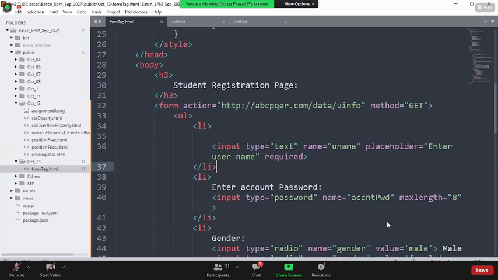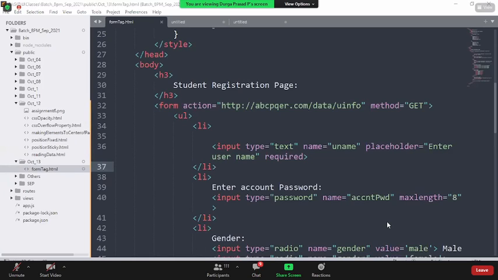Sir, the link which we use in the form tag has a server, right? So that server has to keep running for the form tag to execute properly. Not really. The form tag's responsibility is to read the data and send it to the server. After sending it to the server, it is the server's responsibility. You cannot say the form tag is not executing properly because your server is down.